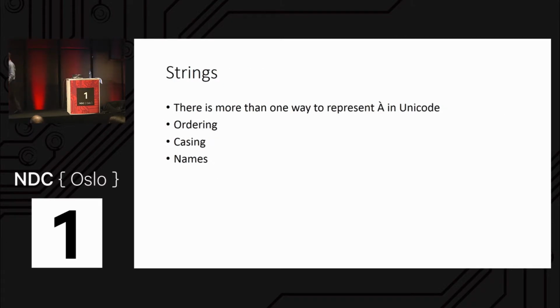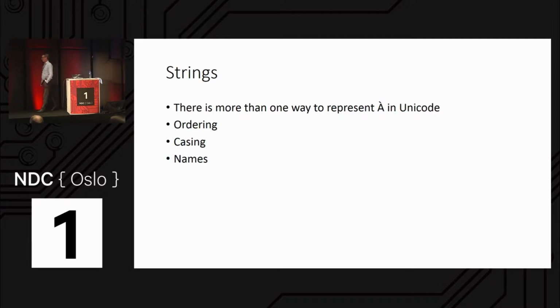First of all, it's the representation. In Unicode, the A with an accent can be represented as a single code point, or it can be represented as an accent with a letter A following it. And it should display the same, but the representations are different. And that means if you do any string processing in Unicode, you should try as best you can to avoid ever using or accessing single characters, because they don't necessarily make sense out of context. So whenever you can, use strings or substrings for all operations that you do.